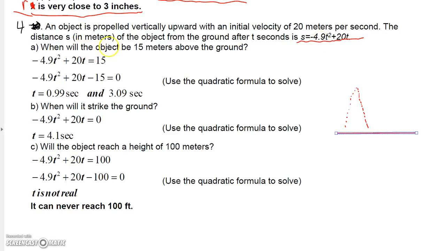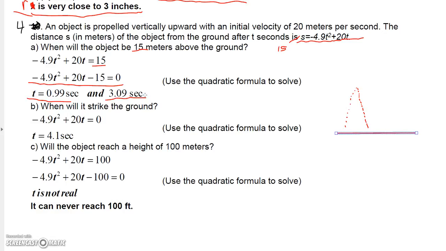The first question says, when will the object be 15 meters above the ground? Well, for the object to be 15 meters above the ground, you just want to set S equal to 15. So basically, you want to put 15 in for S, and then solve this quadratic equation. Move the 15 over here, and it becomes minus 15. Then use the quadratic formula to solve it, and I get t equals 0.99 seconds, almost 1 second, and